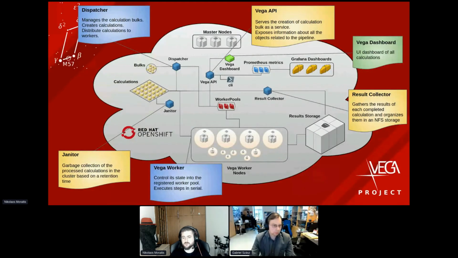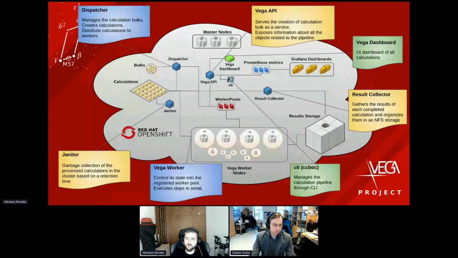And last, the CLI, which is a Golang program named CCBOC that you can also find in our organization, which basically we are trying to create to make the life of the scientist easier, right? So you can create the bulk directly and get rid of some of the details. I'm going to show some of the stuff in a demo next, and pretty much this is the non-detailed design of the product,